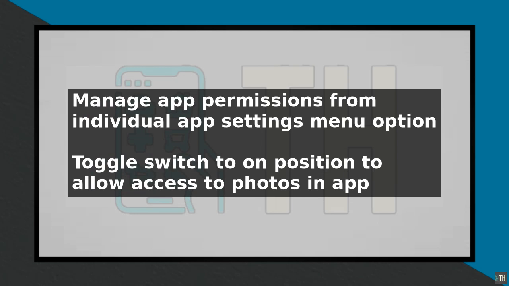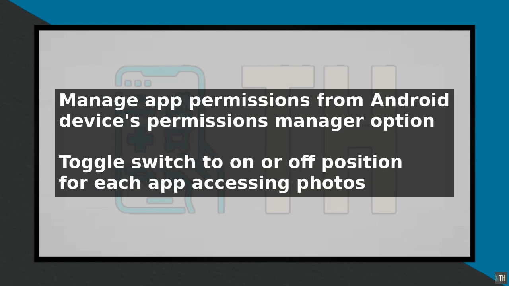It is also possible to manage app permissions from the Android device's permissions manager. To do this, go to the settings menu and select the permissions option. This will take you to a list of all the permissions on your device, including access to photos. Select the photos permission and you will see a list of all the apps that have requested access to your photos. From here, you can toggle the switch to the on or off position for each app, allowing or denying